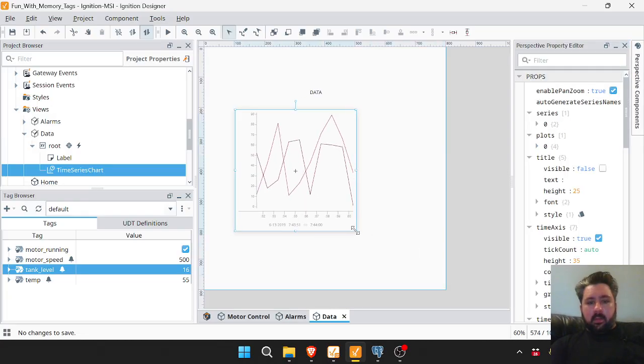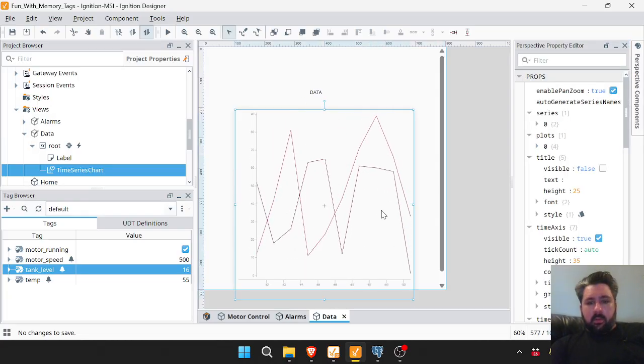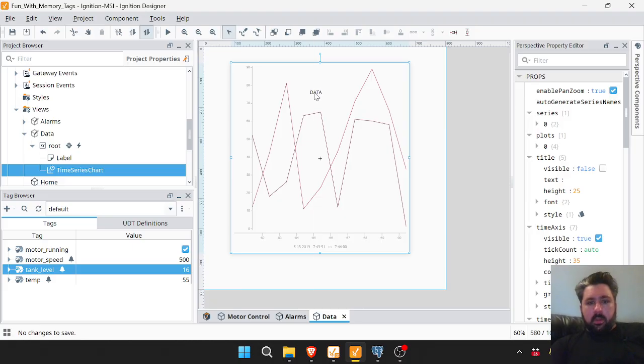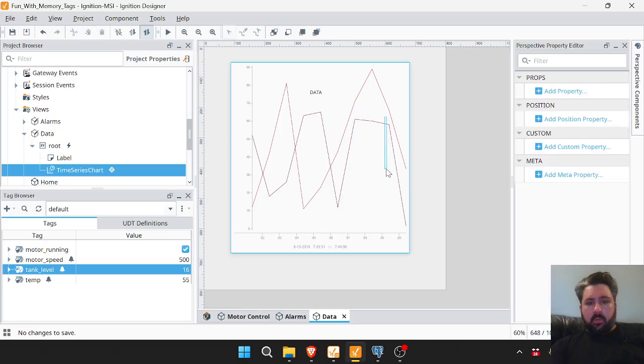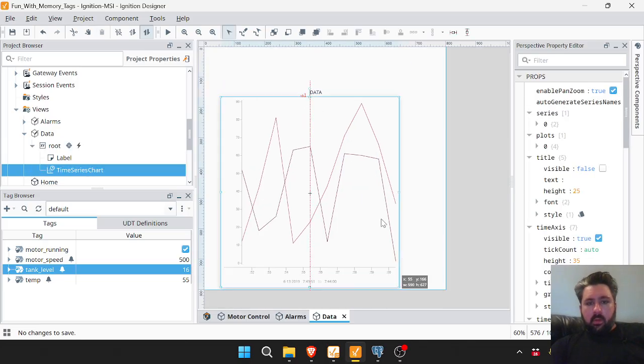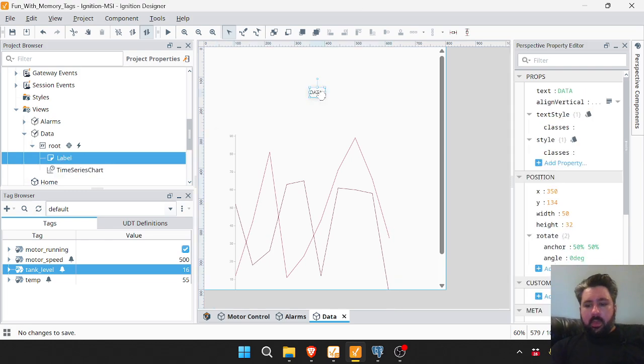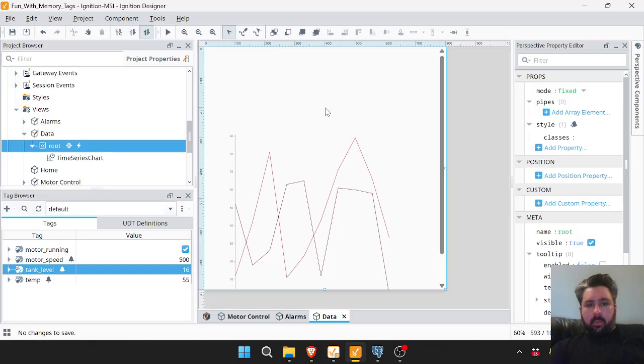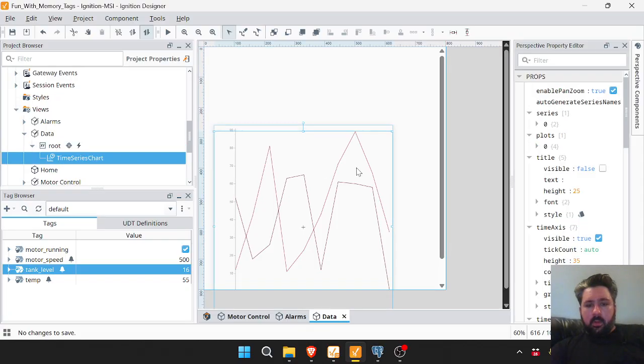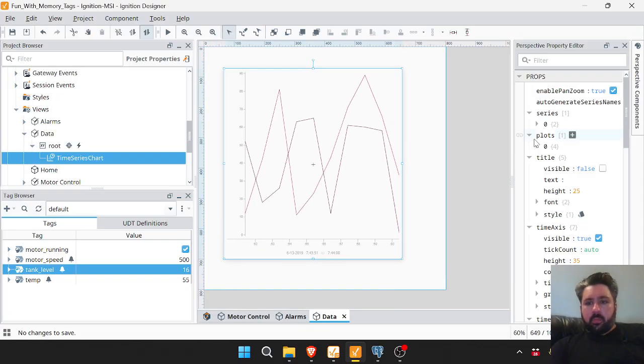I'm going to make it a little larger, just drag it out, and I'll delete, well, I'm going to have to move it. I'll delete this word data, delete the label, move my chart, and to attach this chart to our named query, what we're going to do